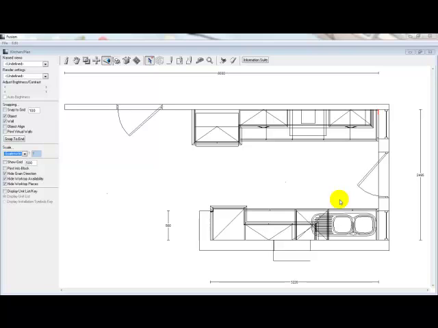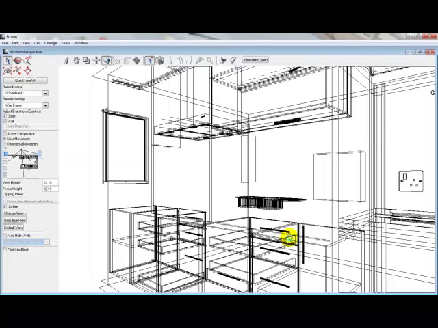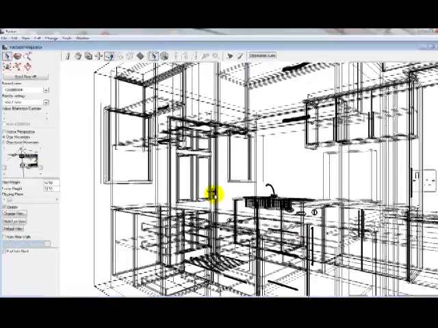Welcome to this Fusion tutorial, where I'll be demonstrating how to create a tiled plinth to match up to your floor tiling using our advanced covering options. I'm going to be doing this in my perspective view, and to make it a little bit easier I'm going